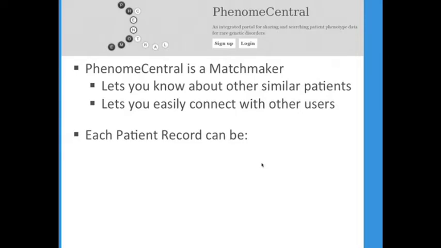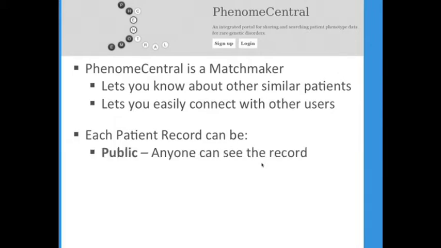One of the key things that went into designing Phenome Central is thinking carefully about the privacy of the patient. So we thought hard about how we can enable it so that we can, on the one hand, let people find these similar patients, and on the other hand, not reveal patient data unnecessarily to a very large number of people with accounts. So to meet this need, we have decided on 3 levels of privacy for each record.